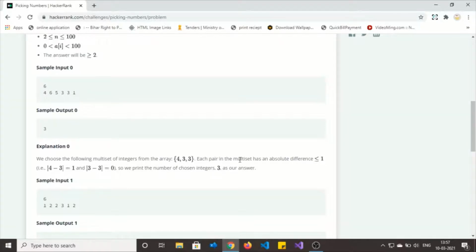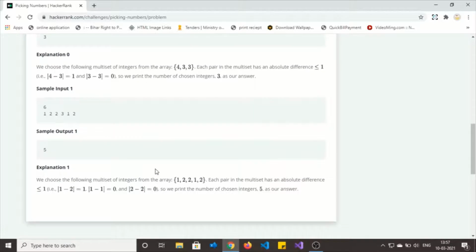Each pair in the multi-set has an absolute difference less than or equal to 1. 4 minus 3 is equal to 1 and 3 minus 3 is equal to 0. So we will print the number of chosen integers, 3, as our answer. Similarly, we can work with the second input. The size of the array is 6 and we have 6 elements in it, and the longest subarray will be 5, which meets the criteria.